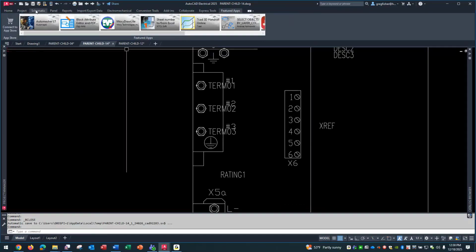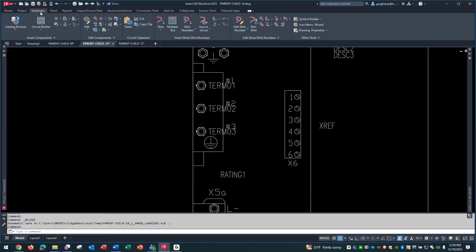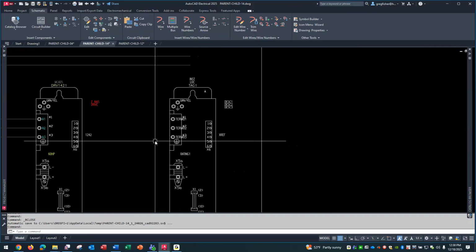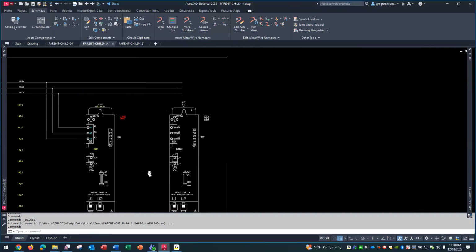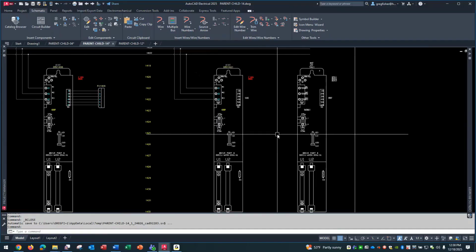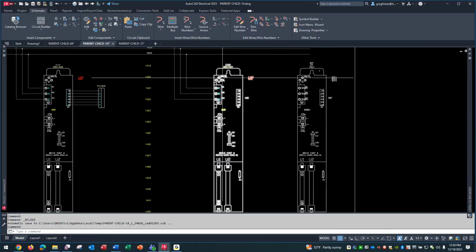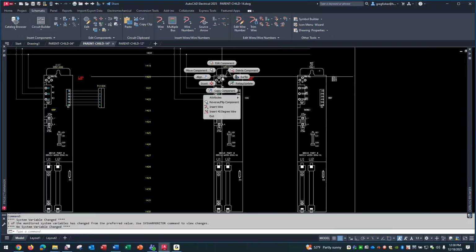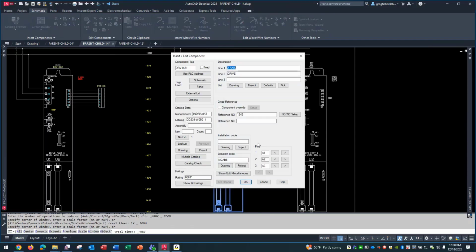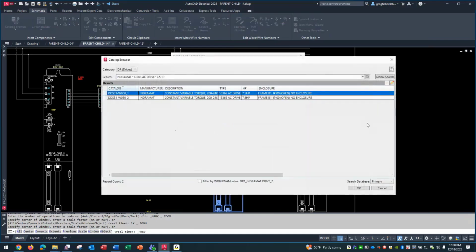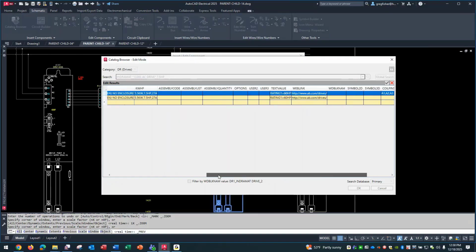So that's how I went about creating the actual symbol. And you're not done at that point. A lot of it is about the catalog. Like I just showed you with the relay, to really make it intelligent and not just have two symbols cross-referencing each other. If I go back to edit here, when I added this catalog number,